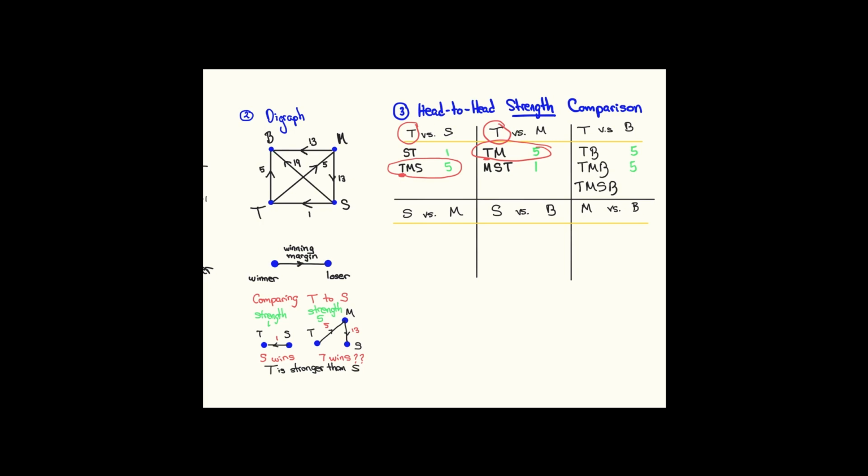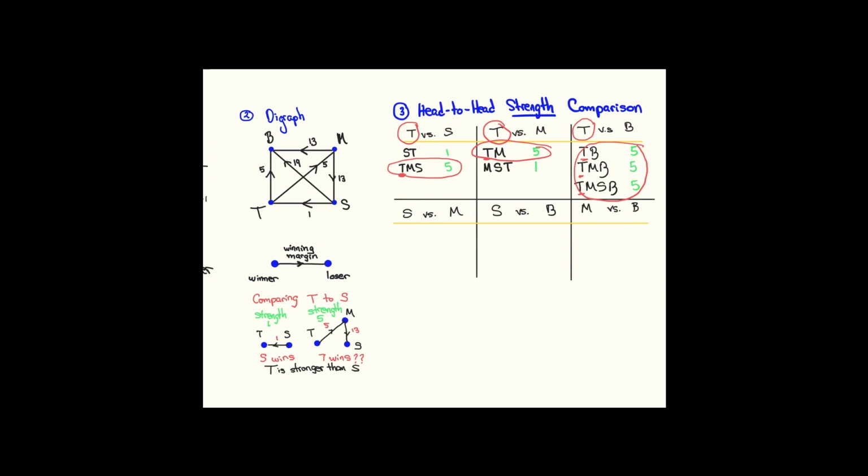The smallest of those numbers is again 5. All these paths have the same strength, so they are all the strongest paths. And the good thing is that all of them start with the same hike, and therefore T is the strongest